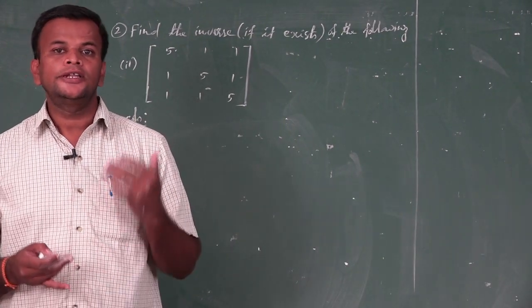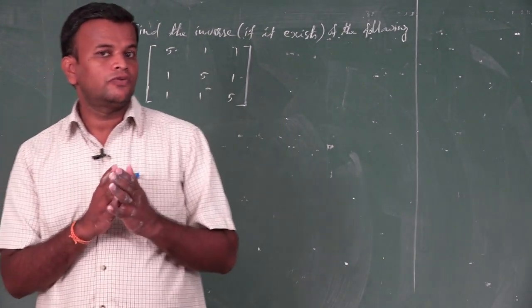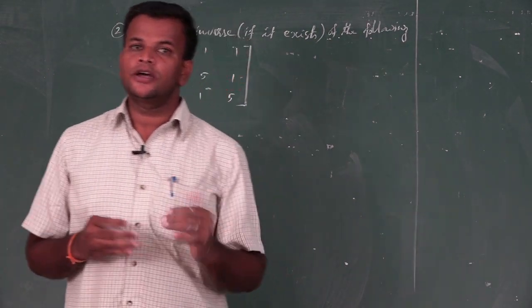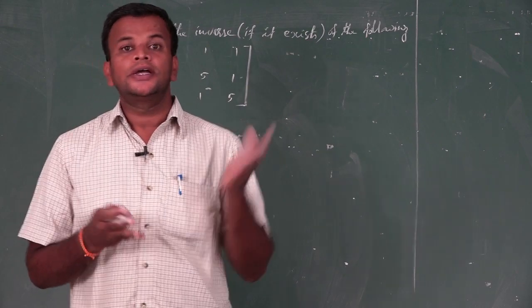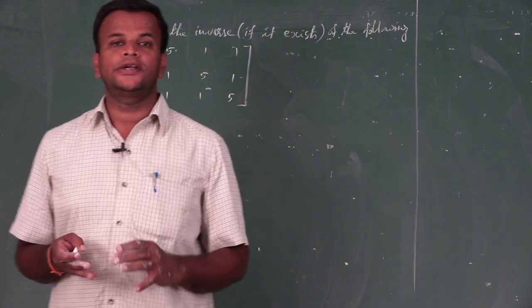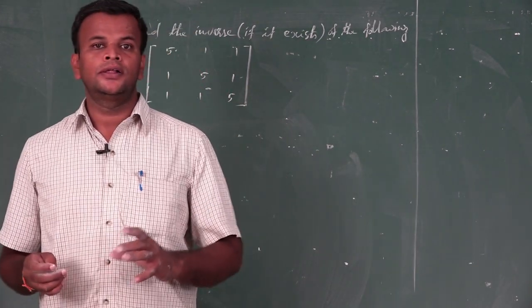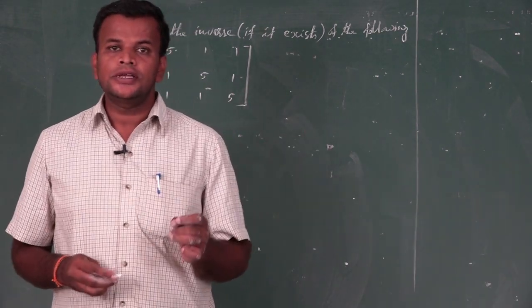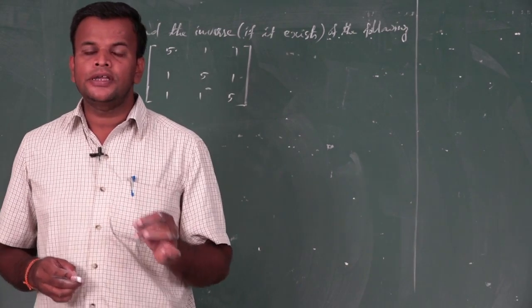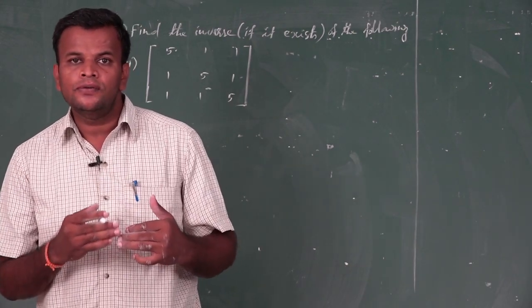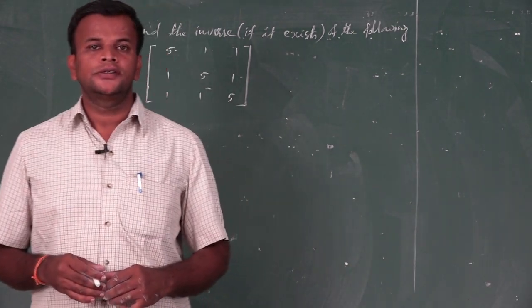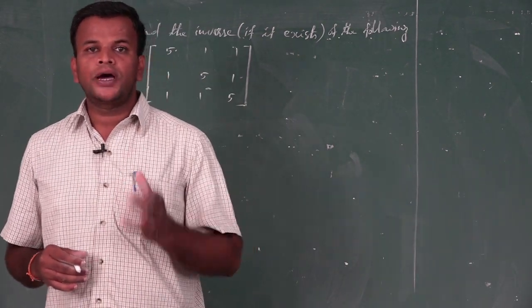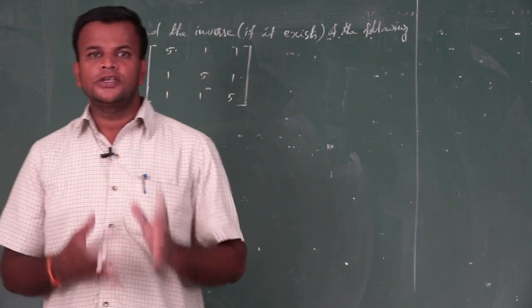In 2 by 2 there is one shortcut form to find adjoint. But actually the original formula of adjoint of any matrix is the transpose of the cofactor matrix. But in 2 by 2 we use this shortcut form. So actually the formula of adjoint is the transpose of the cofactor matrix. So if you need an adjoint in 3 by 3, the first step is to find the cofactor, which is also easy.